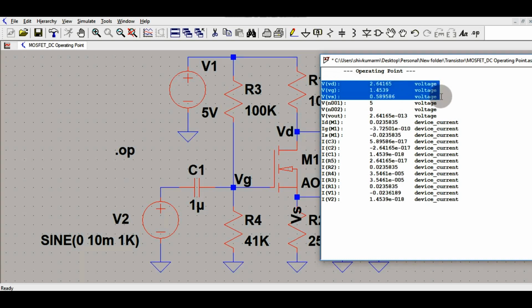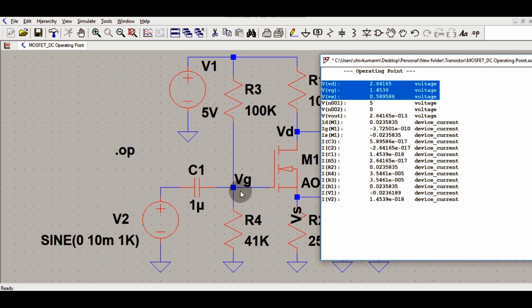If you want to check whether these values shown in the operating point simulation are correct, you have to do the theoretical analysis of this circuit. If you want to calculate the voltage VG at this point, how will you calculate it? If you follow this loop, starting from the 5 volt, then R3, then R4, you have to apply the resistor divider rule, or the voltage divider rule.